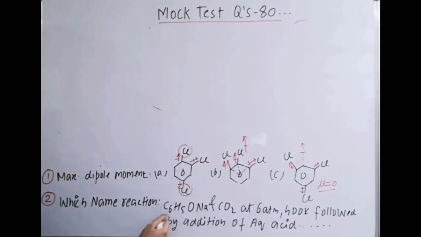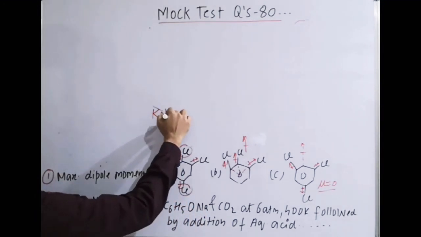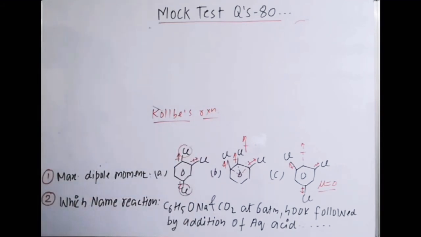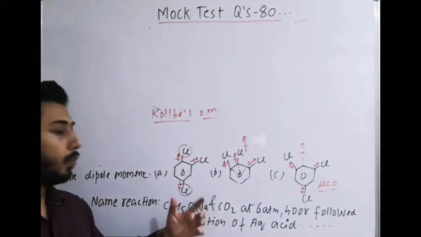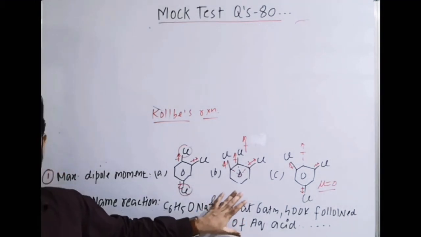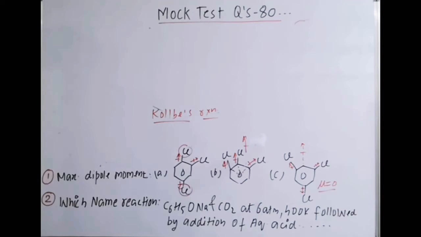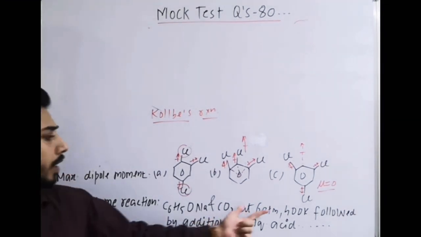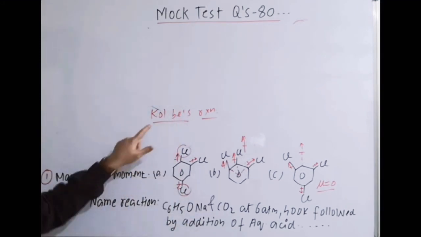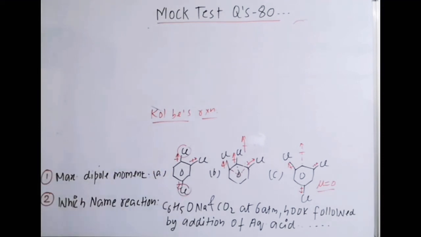Next question: answer the named reaction, a standard reaction of NCERT, which is Kolbe's reaction. Which Kolbe's reaction? Where we have talked about phenol in alkaline medium, NaOH and CO2. Then CO2 acts as an electrophile, where we have done this reaction in the phenol topic, right? And under these conditions, finally we get salicylic acid. So if you are not getting this reaction, quickly revise the NCERT reaction, or from your notes you can see, or from the video of alcohol, phenol, ethers.